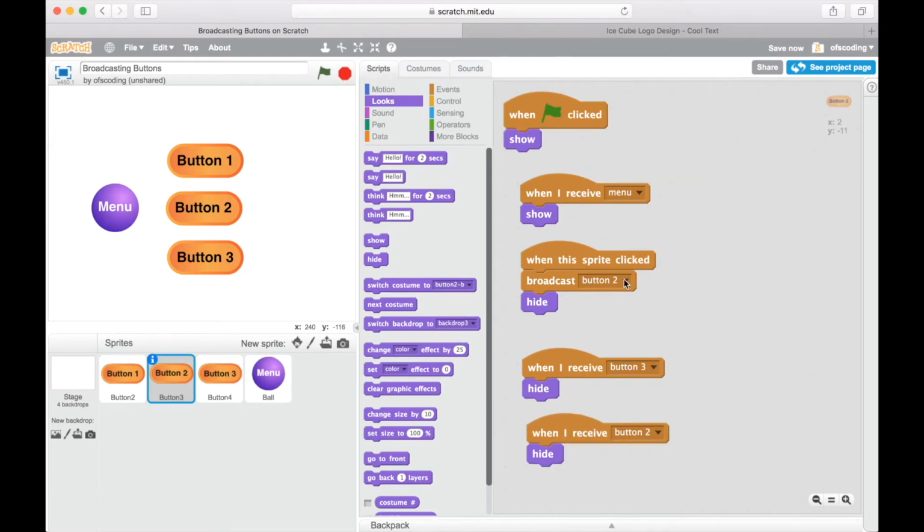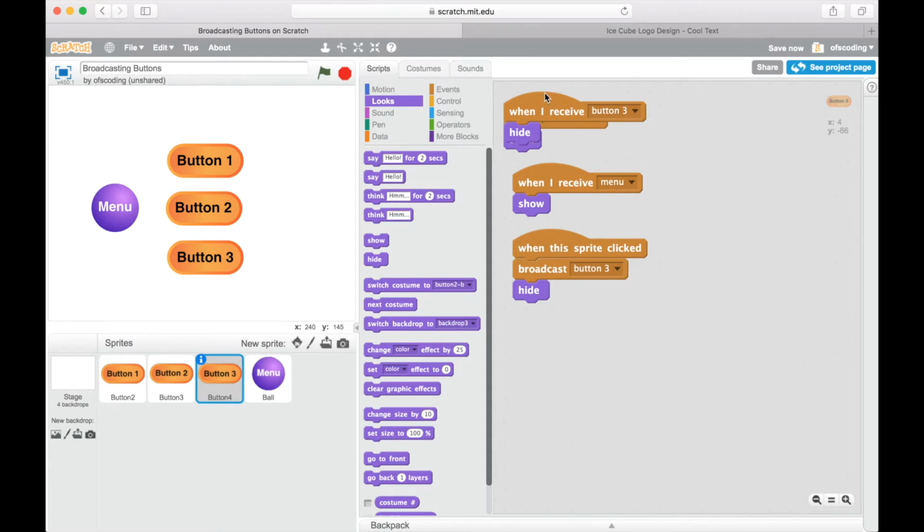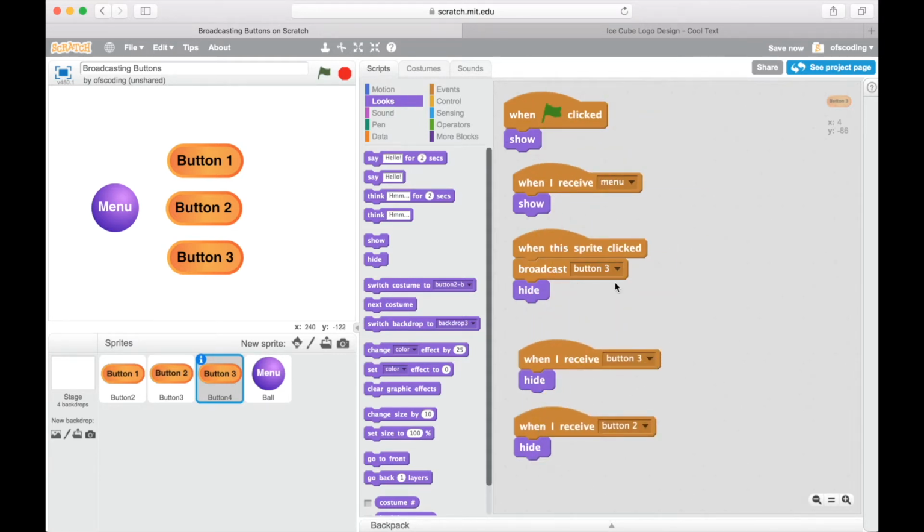In this case, I'm in button 2, so when I receive button 1, I'll hide, and when I receive button 3, I'll hide. I'm in button 3, so when I receive button 1, I'll hide, and when I receive button 2, I will hide. I'm now going to go to my stage,